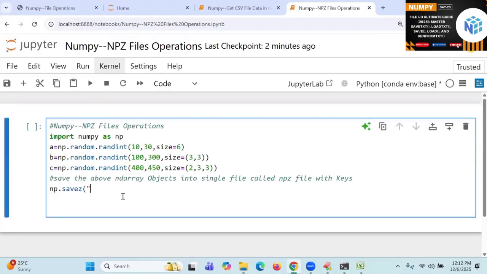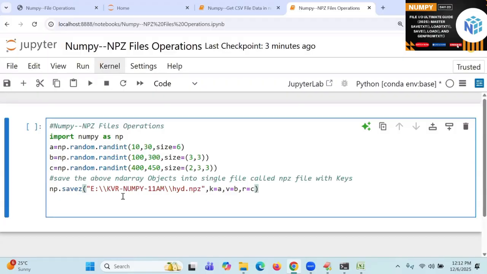I'll take the double slash, and here I will write something like hyd.npz, comma, k equal to a, comma, v equal to b, comma, r equal to c. What is this k, v, r here?